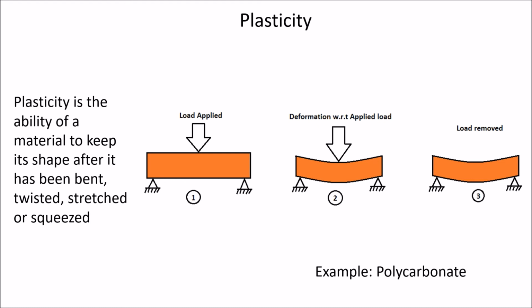So if you apply a load to a material and it keeps that shape, even when the load or force has been removed, that material is said to be plastic, or has plasticity. A good example of this would be polycarbonate. Polycarbonate is a very good example of plasticity. You can take a piece of polycarbonate and bend it, and it will retain the shape without applying heat